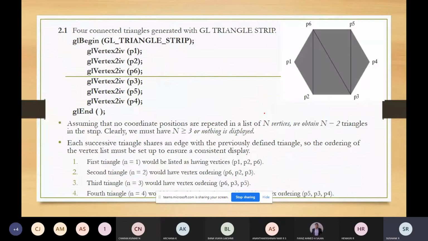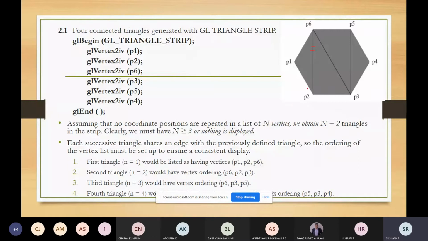If you're using GL underscore triangle underscore strip, you'll form a set of connected triangles, where one triangle is formed, and the new triangle will be formed with an edge common to the previously generated triangle.